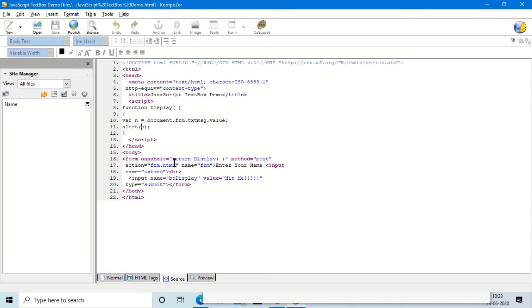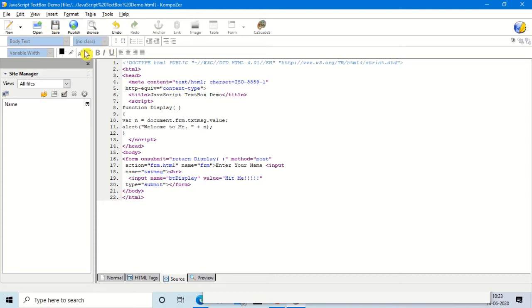How to add? Write the message in double quotation, welcome to Mr., and put double quotation and then put plus. Plus means this is concatenation, means joining both, welcome to Mr. and what we are getting through the text box inside n, that will be joined. Let's see whether it is going to appear or not.